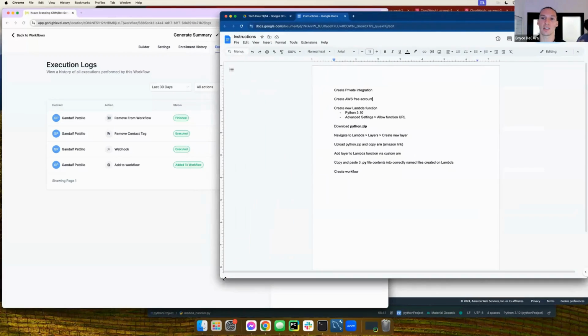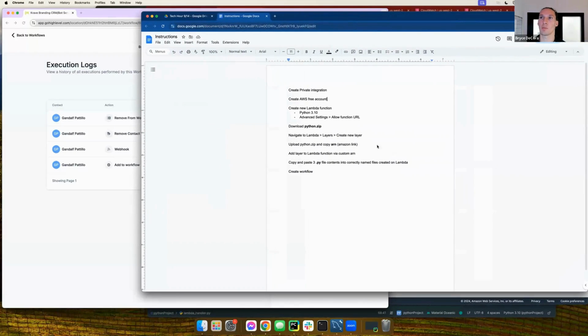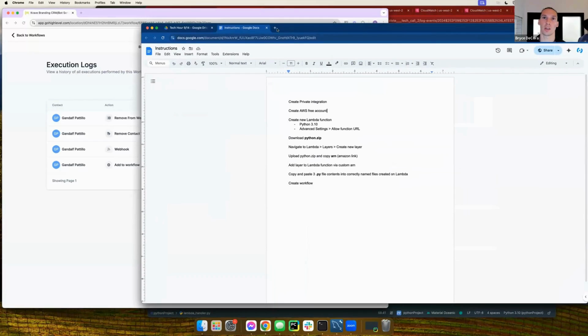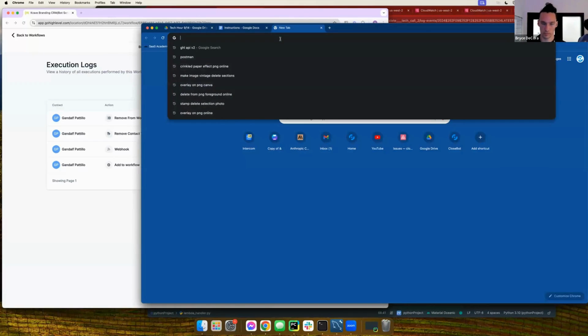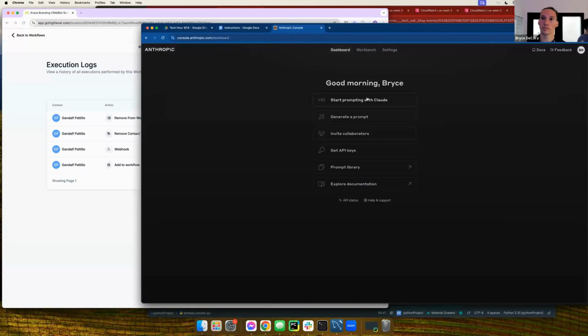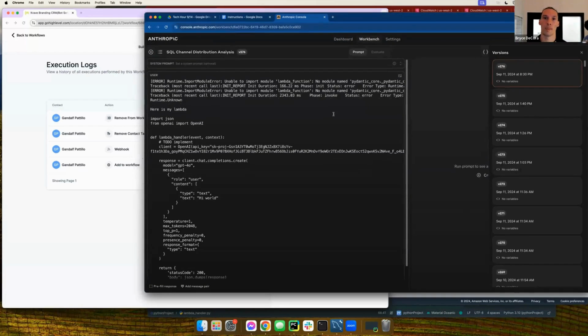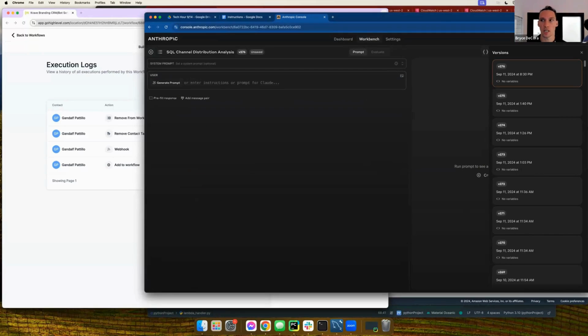I like to use Anthropic. So I'm going to use Anthropic to do my code work. You can use ChatGPT. You can use the OpenAI playground. Totally fine. Whatever works for you. And then I have that copied to my clipboard, and I'm going to say, I'm using